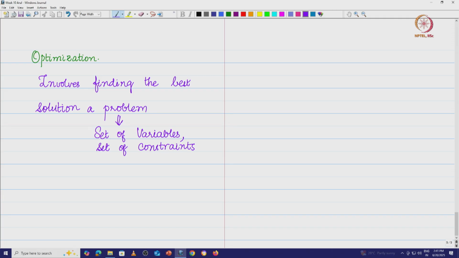Fine, we have a set of variables, a set of constraints, but there must be a function too, and you say functions, right? Best solution to a problem will involve a set of variables, a set of constraints, and a set of functions, right? Okay. So, the first thing that we want to look at is this function. We have a name for this function. The function that we want to optimize is actually called the objective function. The objective function is the function that we want to optimize.